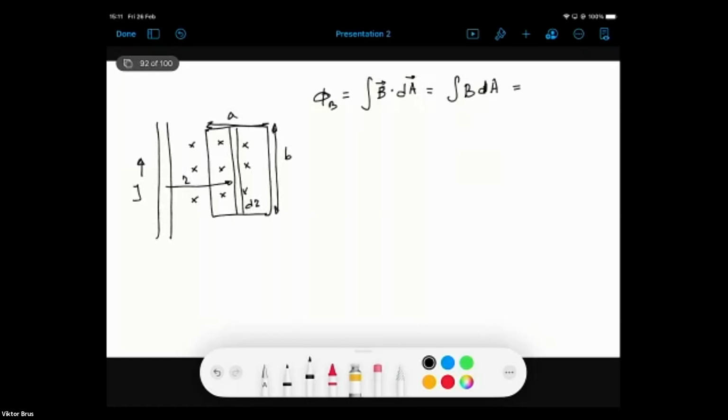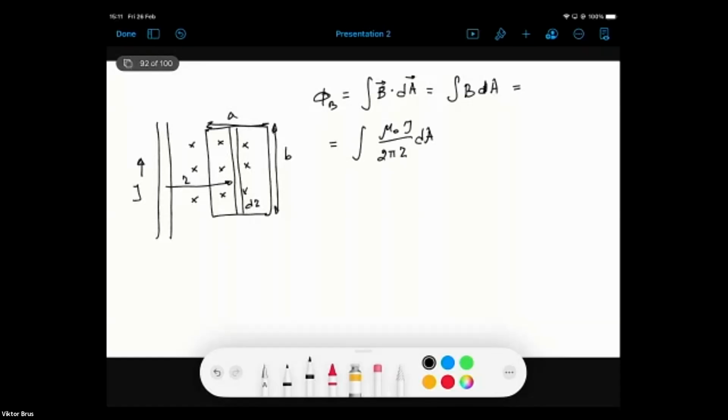So we know from previous lectures what will be the magnetic field next to a straight long wire with electric current I flowing through it. So we can write the integral, instead of B, we will write mu naught times I over 2 pi times r,